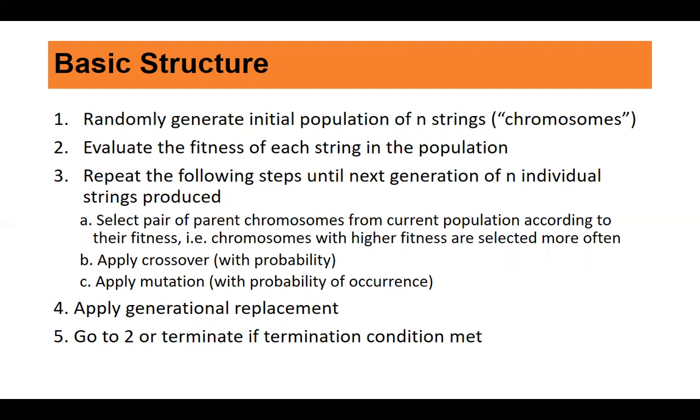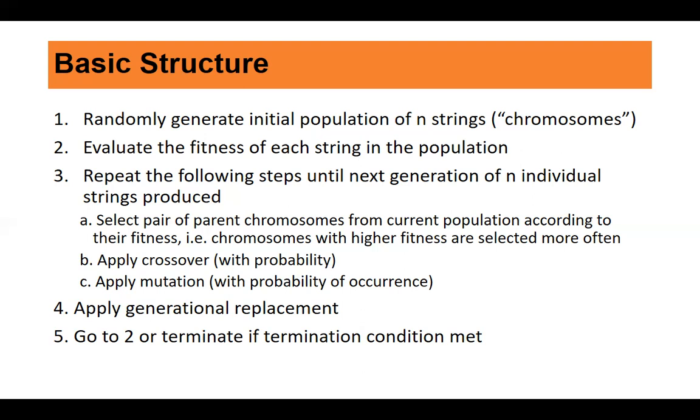Once the new offspring are ready, discard the older generation and replace the current generation with these new offspring, the outcome of crossover and mutation. Now the process is repeated till the termination condition is met. In short, you have a set of chromosomes, which is your population. You select the fitter ones and use them to produce new offspring by applying crossover and mutation with probability. The new generation becomes the next generation, and the older generation is discarded. That is the simple structure of a GA process.